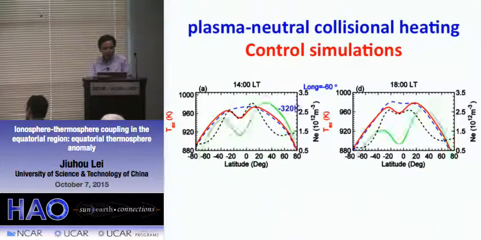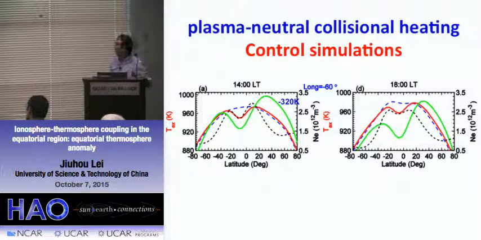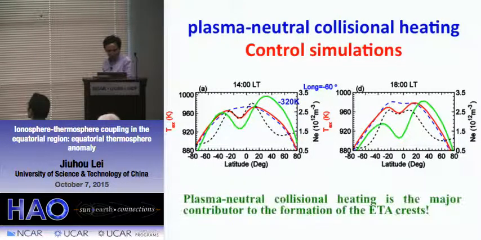If we include the field line, plasma-neutral collision heating and field drag, you can see in this simulation the crest move to a much higher altitude. That's what we saw in the observation from the DE2 and TEM satellite. So our simulation indicates the plasma-neutral collision heating is a major contributor to the ETA formation, especially